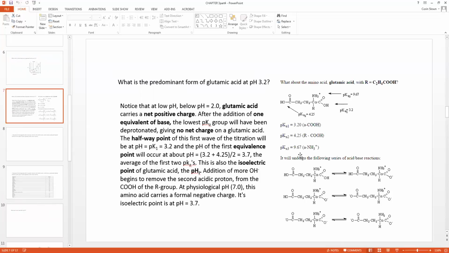Notice I have 3 pKa's that I'm contending with. There's the pKa of the carboxy terminus. That's a pKa of 3.2. There's the pKa of my amino terminus. That's a pKa of 9.67. And then there's the pKa of the R group, which is 4.25. So I have these 3 pKa's that I'm contending with, which means that I'm going to see 3 different structural